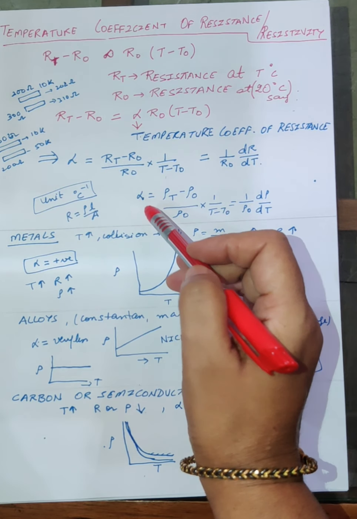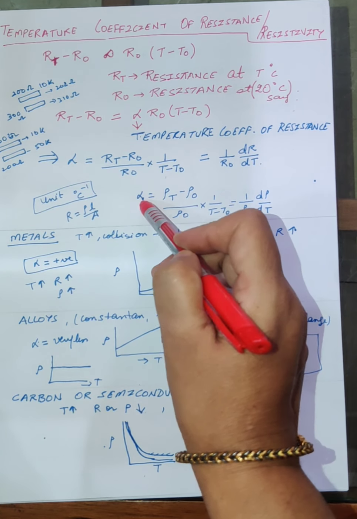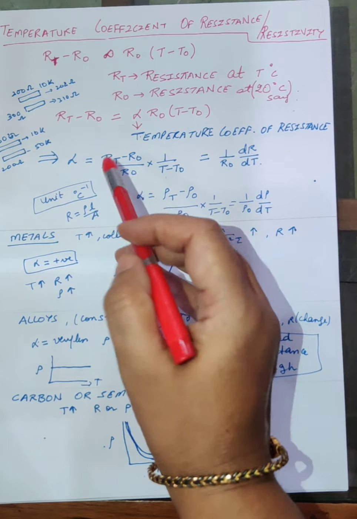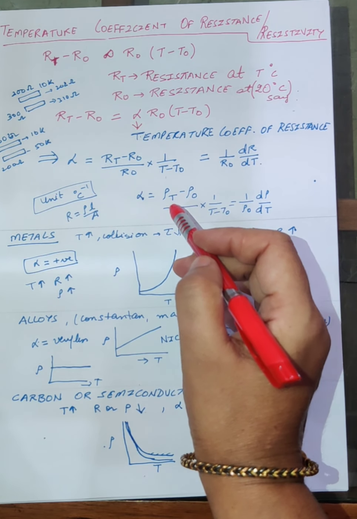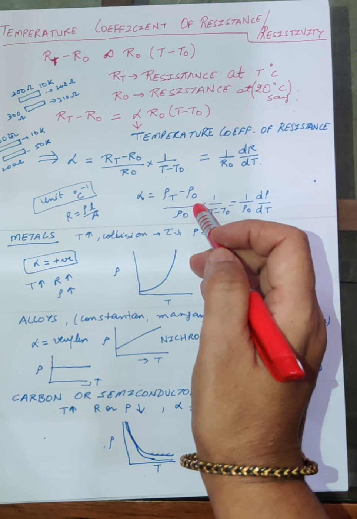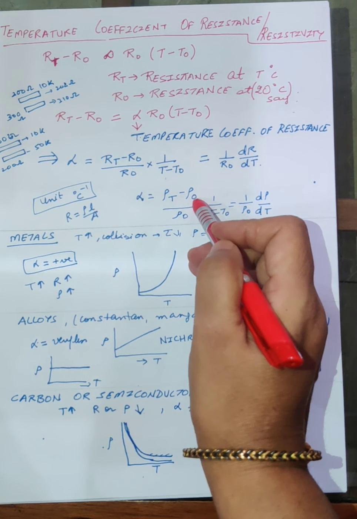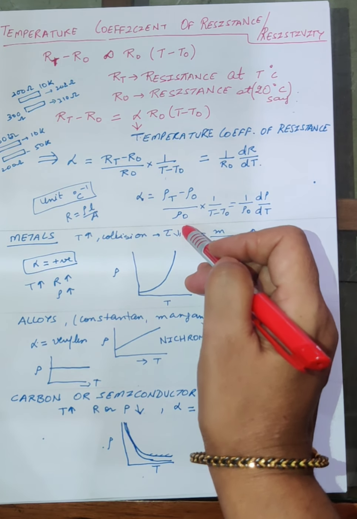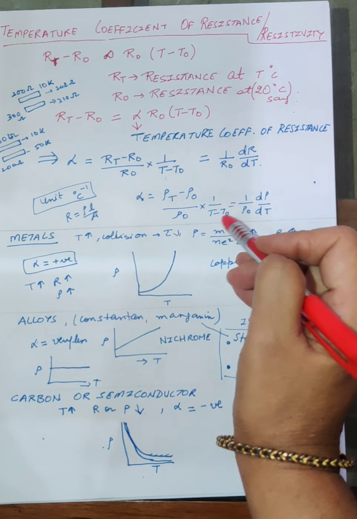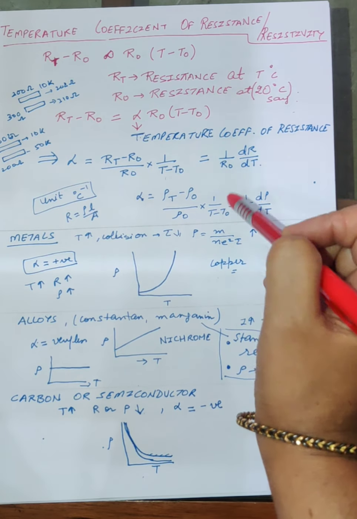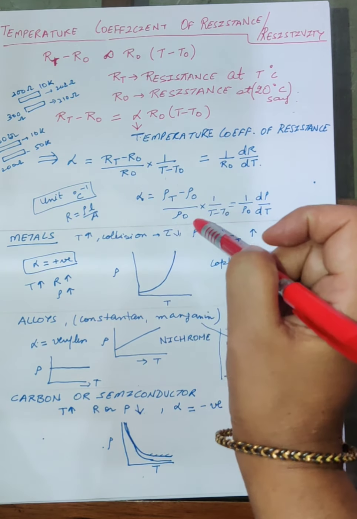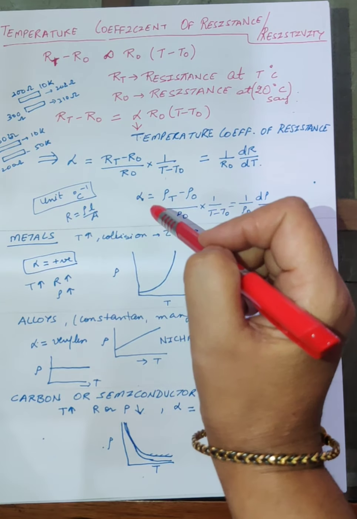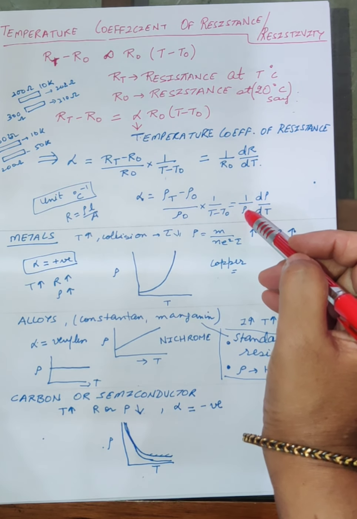So my formula becomes: temperature coefficient of resistivity alpha is equal to rho_T, the rho at temperature T, minus rho naught, the value at 0 degrees, upon rho naught into 1 upon T minus T naught. The same identical formula, only R is replaced by rho. So this is the formula for your temperature coefficient of